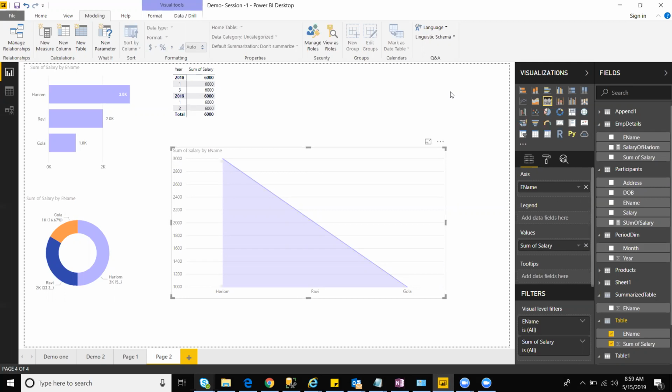Yeah, of course we have to decide accordingly, or it also depends on the size, the space you have in your report, the visibility, and how that chart is looking. Also, in a line chart you can have multiple lines that can compare with each other. I can show you that, but